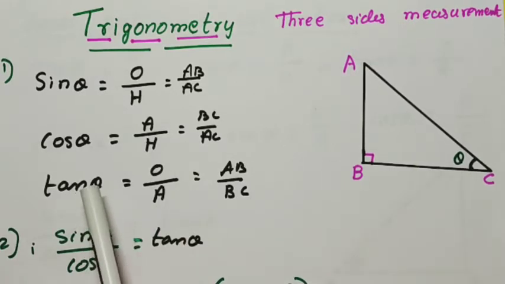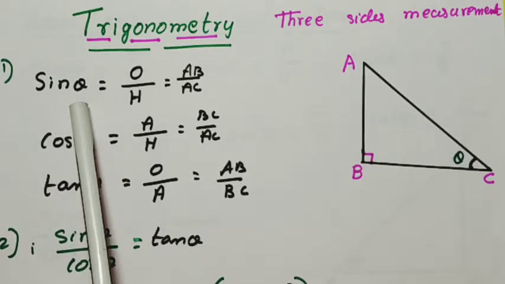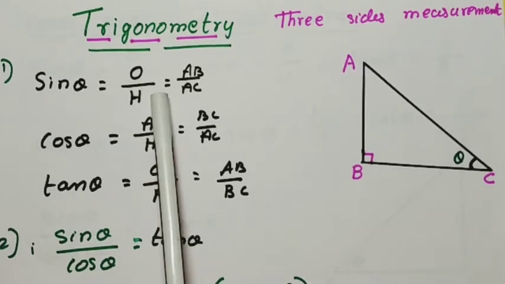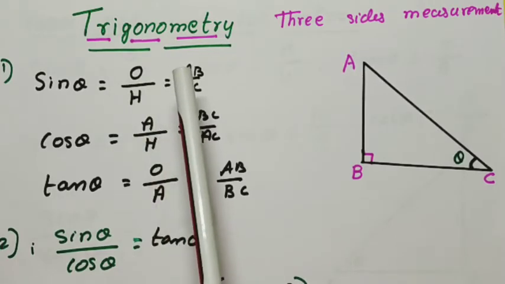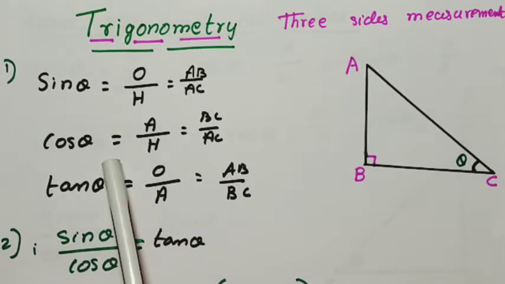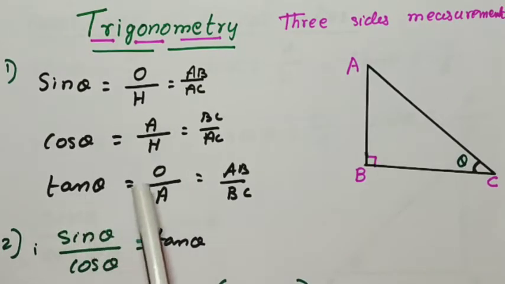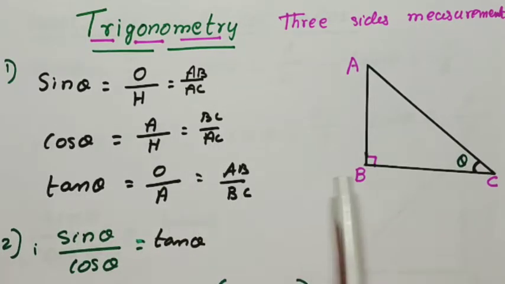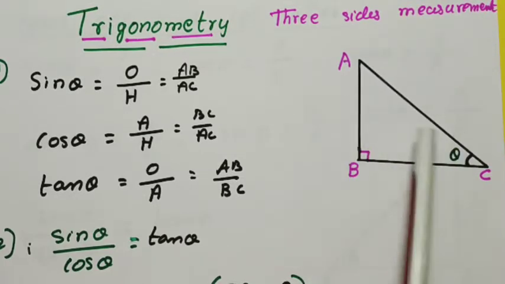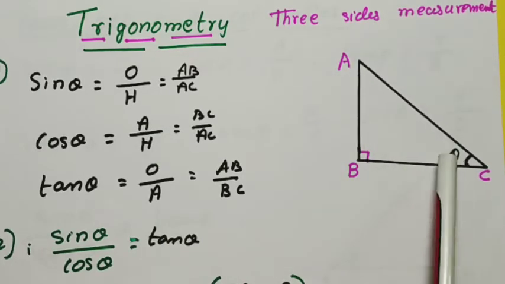Which is the first trigonometrical ratio? You know that it is sin theta. Sin theta is equal to opposite side upon hypotenuse. We are recollecting, revising. So you just close your eyes and recollect whether you know the answer and listen to my answer. Okay. So cos theta is equal to adjacent side upon hypotenuse. Tan theta is equal to opposite side upon adjacent side. That means opposite side of the given angle. Yes, that is AB is the opposite side, BC is the adjacent side and AC is the hypotenuse.